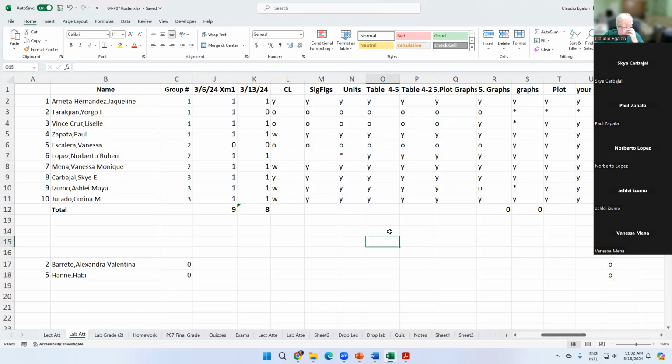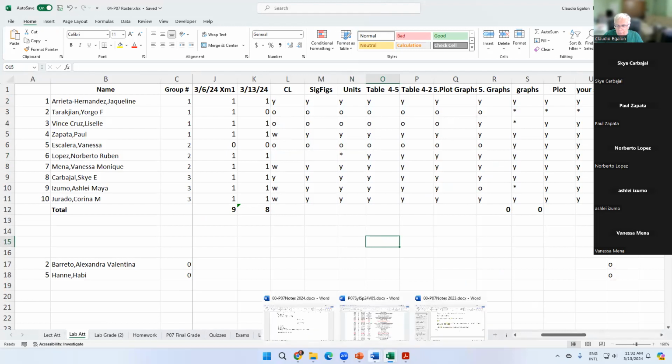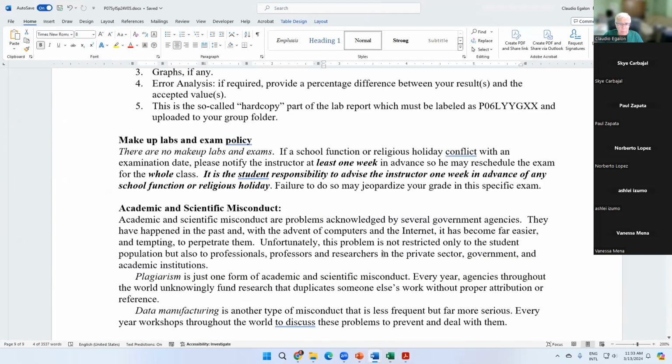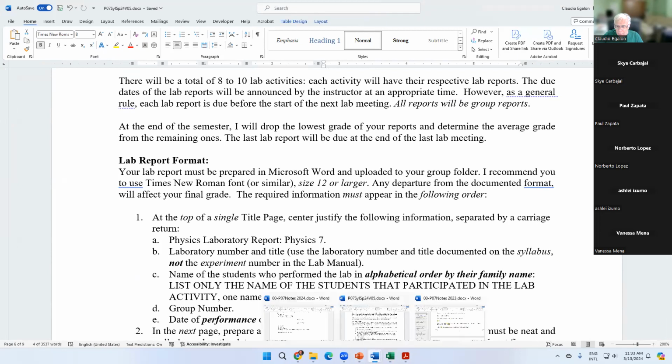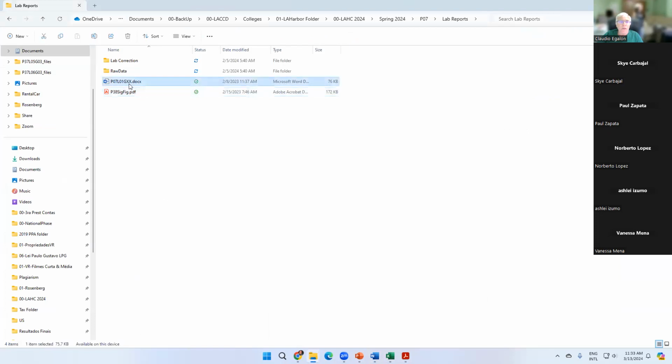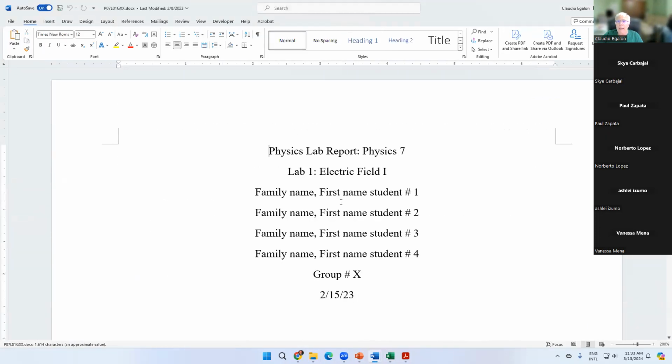And let's talk about the format of the hard copy, right? I have a sample here. Let's see, it must be this one. Oh yeah, here you go. Here's a sample. You don't have to do that for lab 1 and 2, but you have to do that for lab 3 on. So here you go. The explanations are there in the